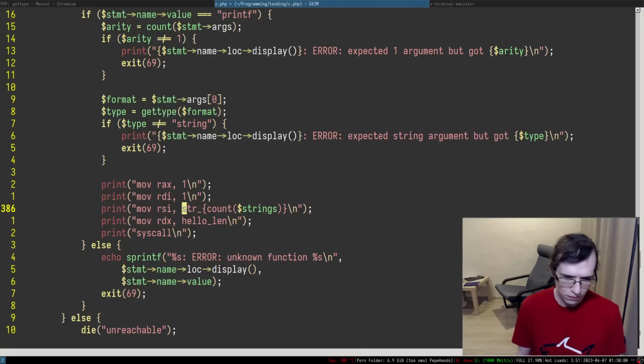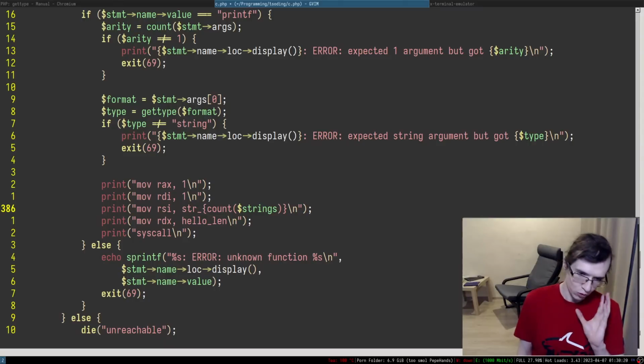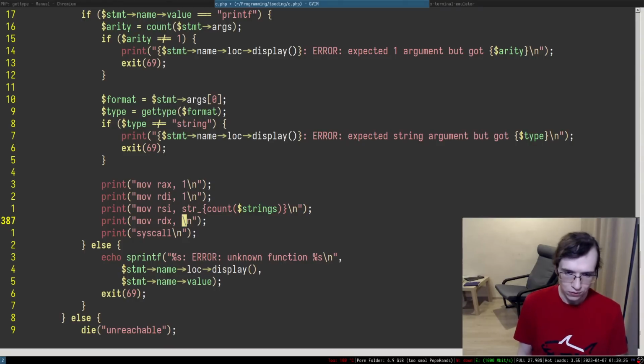Is it gonna work? I feel like it's not gonna work. It has to be spaced or something. This is sus, isn't it? But maybe it's fine. Okay, let's just give it a try. So this is going to be the count strings, and here we're going to have literally strlen of the current string, of the current format string, like so.